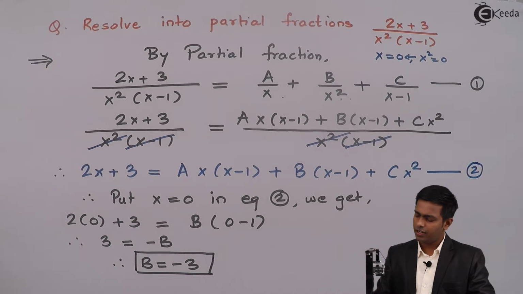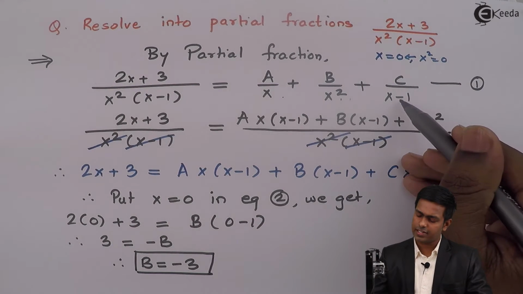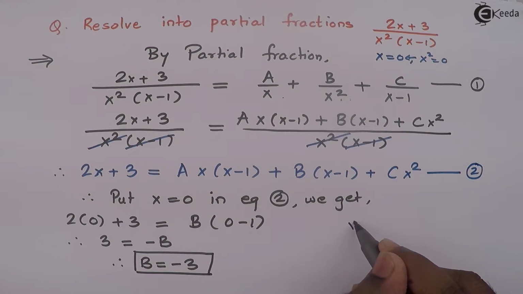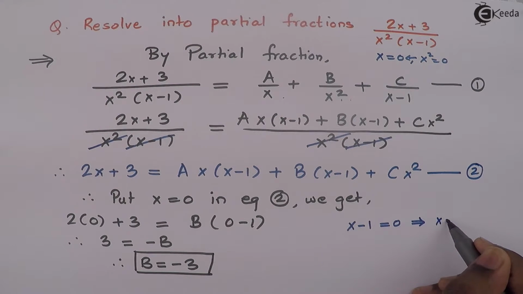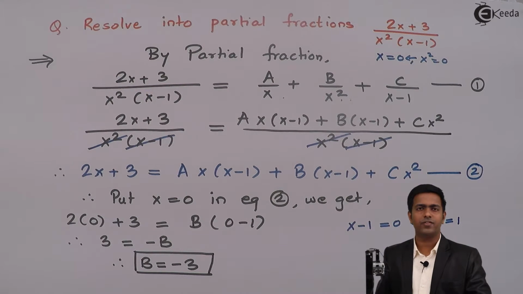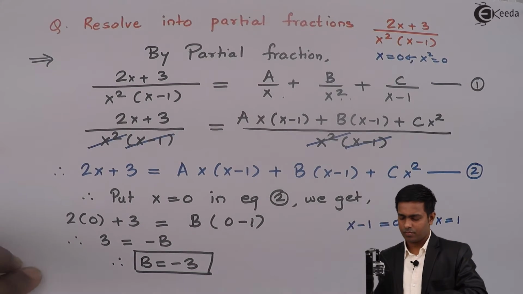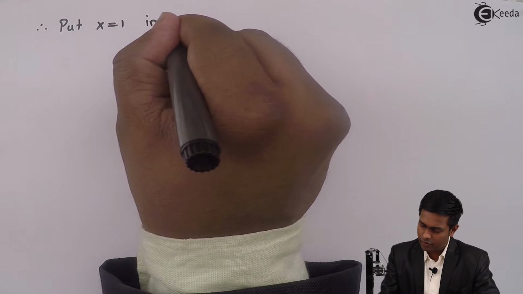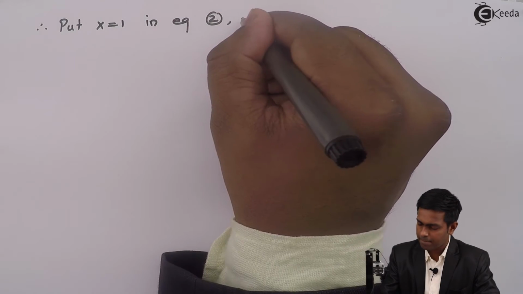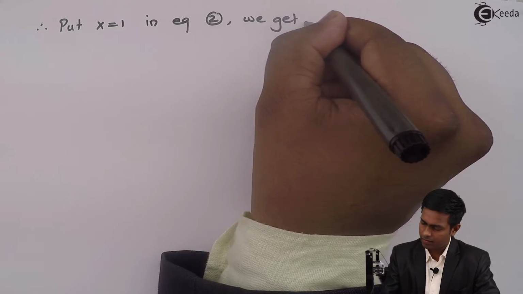So to get the value of c, we will assume the denominator of c as 0. The denominator of c is x minus 1, so I will assume this x minus 1 as 0, which will give us x equal to 1. Now we will substitute x equal to 1 in equation number 2 to get the value of c. So therefore, put x equal to 1 in equation number 2,